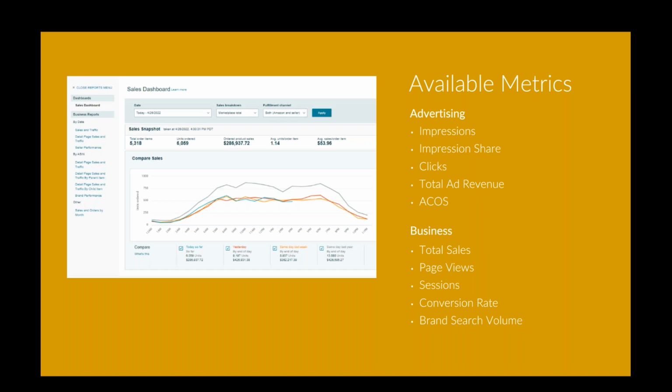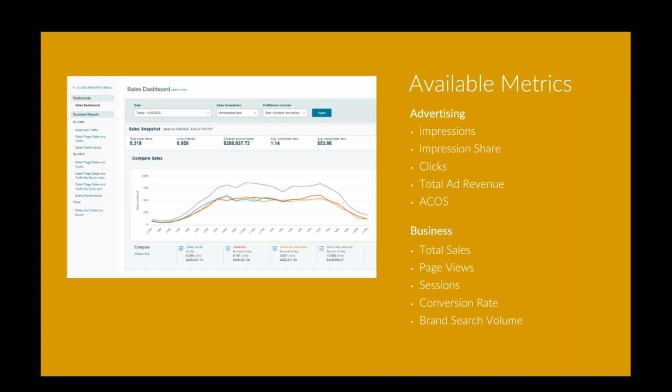But a couple other key call outs that we should be tracking are page views, and that's the number of visits your store receives within a certain time period, or your listing receives within a certain time period. And each view is counted separately. So if a customer is coming to 3 separate pages in your store, for instance, that would be 3 separate page views. But if they're coming to your listing, say 5 times, that's going to be 5 page views. So those are important to keep track of, and sessions are as well. And that's the total number of visitors to your page within a given time period, usually 24 hours. We'll also get into why sessions are important a little bit later.